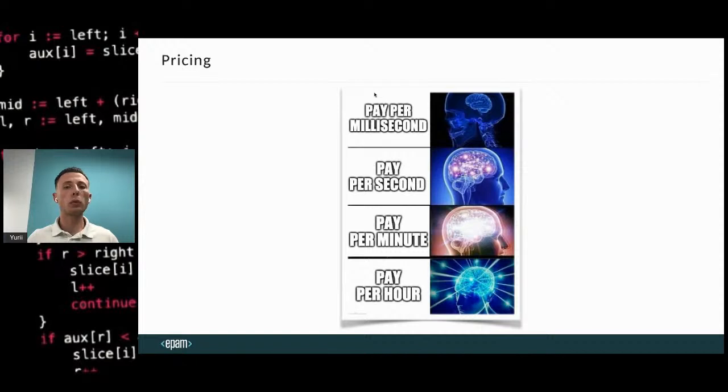But what happens when you have even a load for 15 seconds? You will pay anyway for the hour, and if you have this spike each hour, even for 1:15, it doesn't matter. If you have a spike, you will pay for the whole hour, even if the database doesn't work. So take care of this, and remember, you pay per hour, not per second or other things, not per instance.